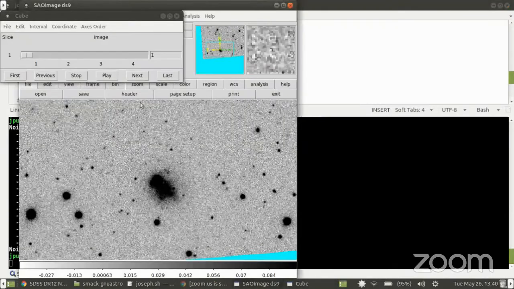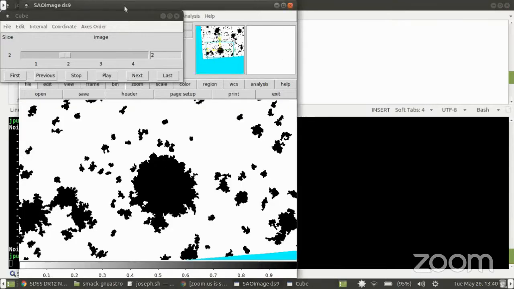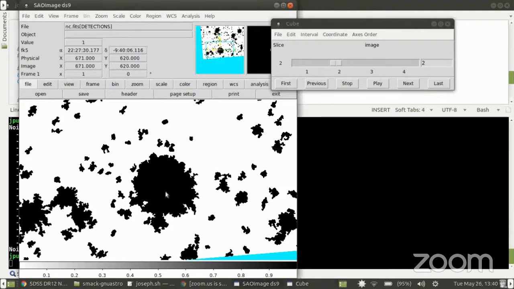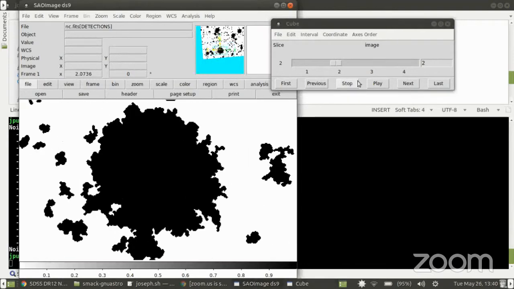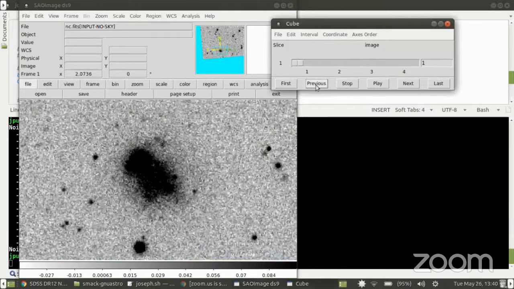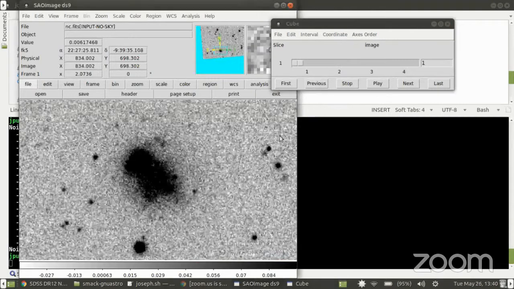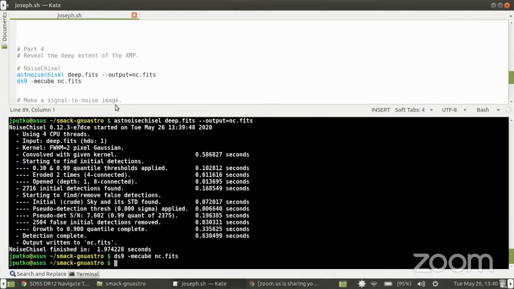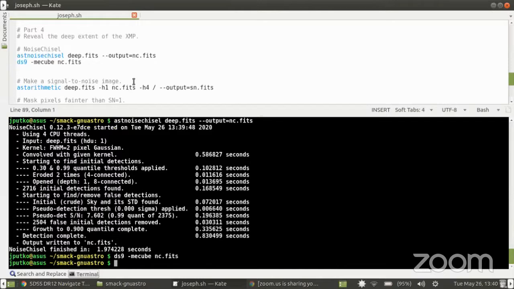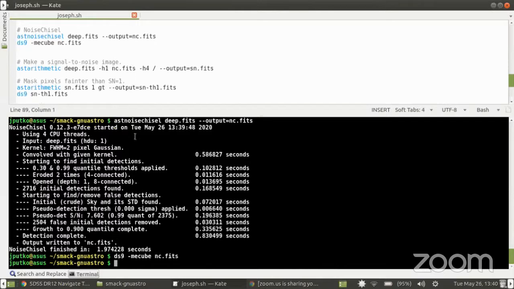Let's check the output of NoiseChisel. So here we see the detection map. Let's zoom in on it and bounce back and forth. And already you can see how the detection of the galaxy is much larger than what you can see by eye. And just to emphasize this point further, we're going to make a signal to noise image